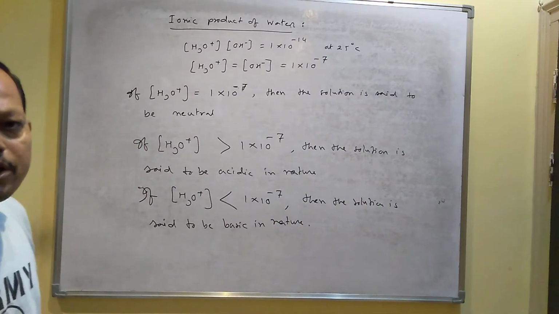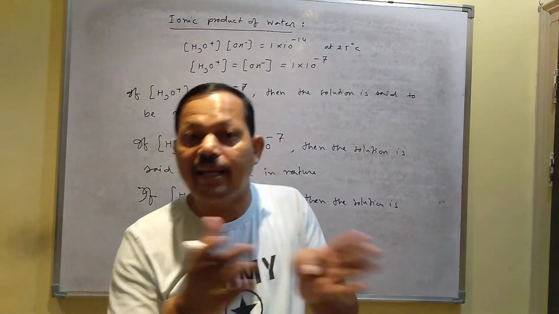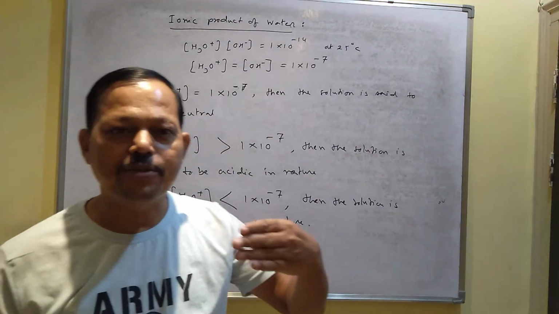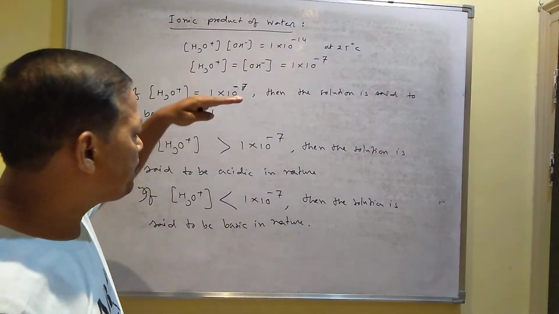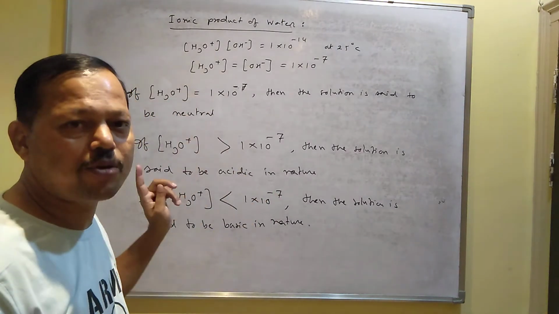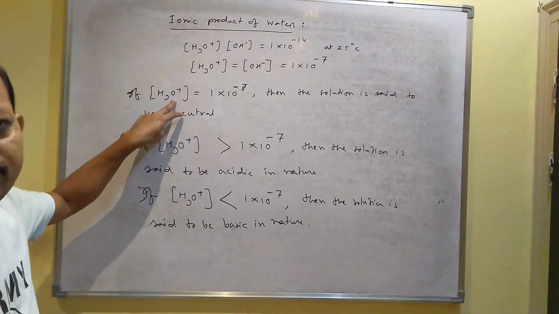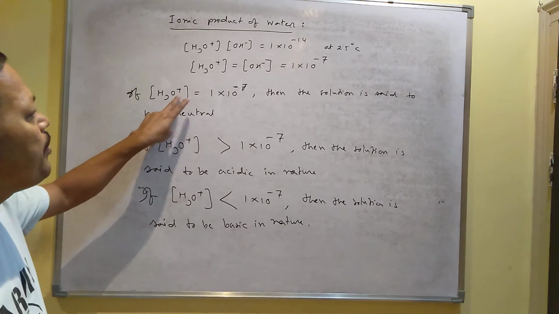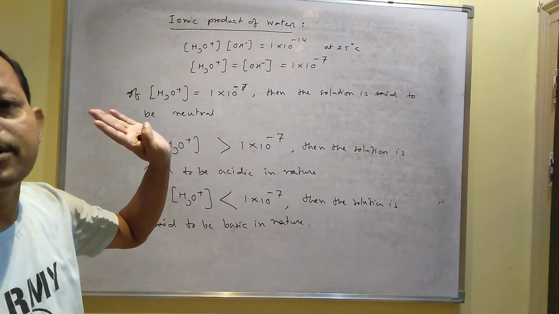You have got the pH concept: if the pH value is 7, then the solution is neutral. If the pH value is less than 7, then it is said to be acidic in nature, and if the pH value is more than 7, then it is called basic in nature. So you have got the pH scale. From the hydronium ion concept also, pH mainly depends on the concentration of hydronium ion. In the next topic I will give you the pH scale. Based on the hydronium ion concentration, you can determine pH. So if the hydronium ion is 1 into 10 to the power minus 7, then the pH value will be 7, and that is why that type of solution is said to be neutral.